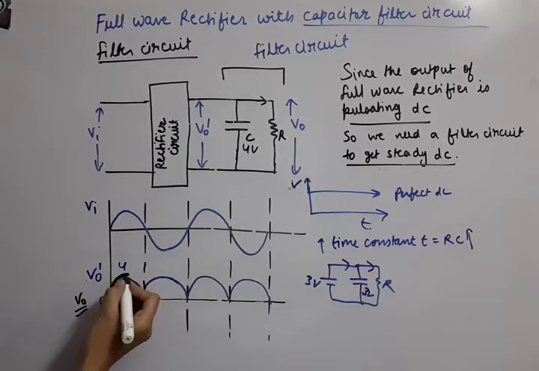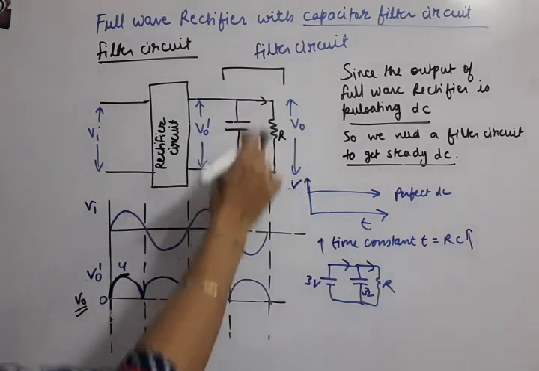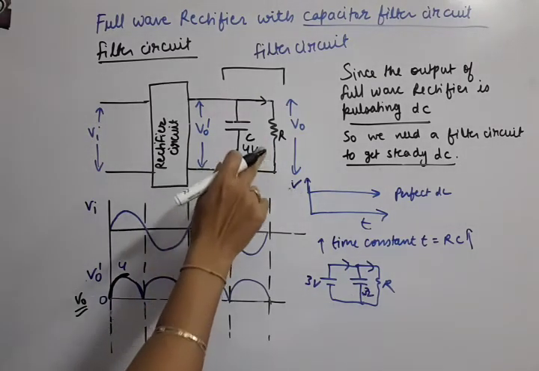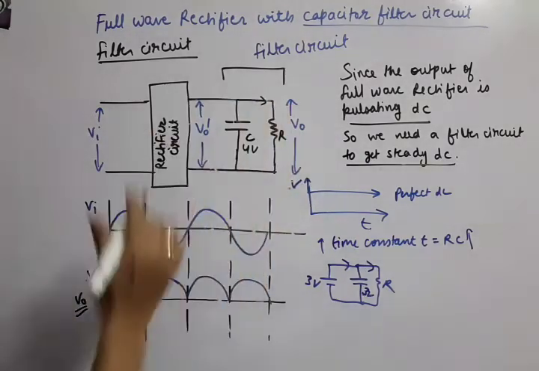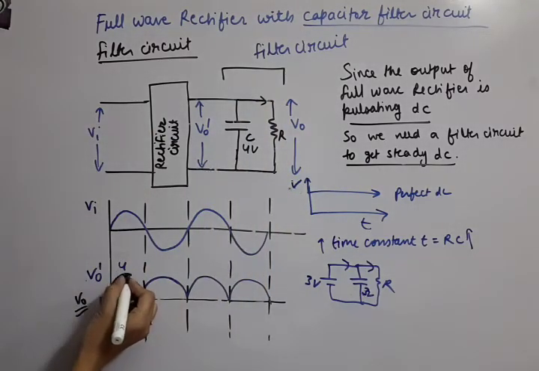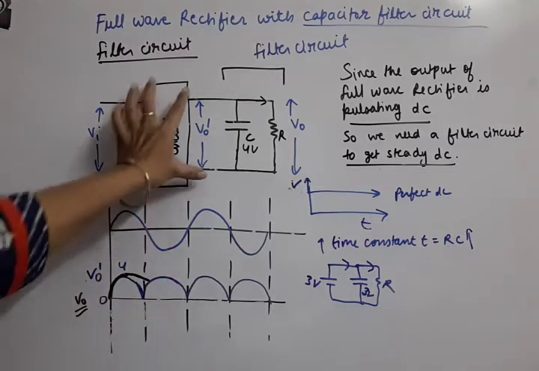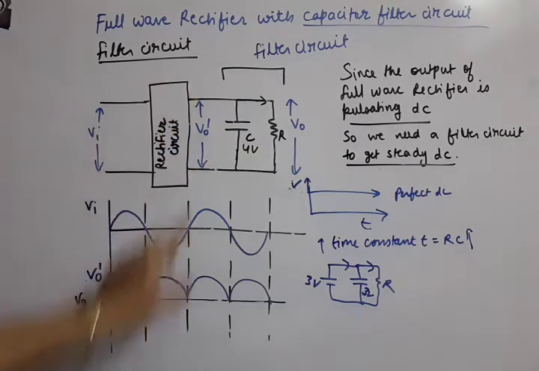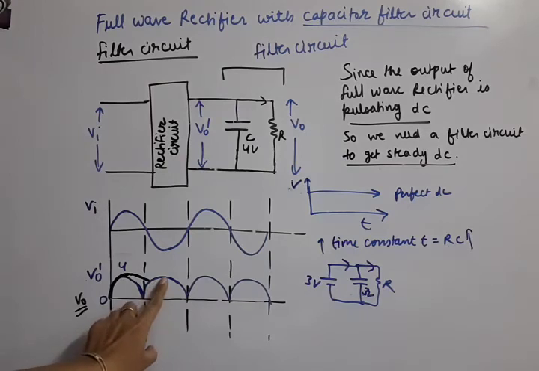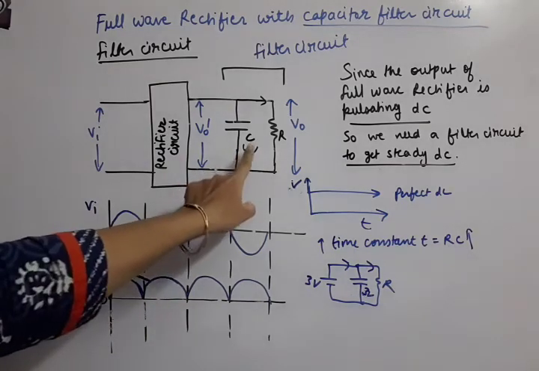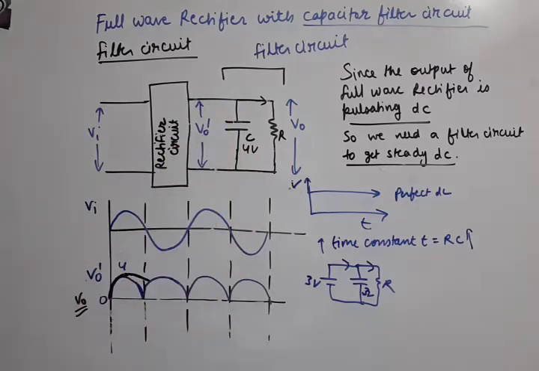So now what will happen? The capacitor will start discharging. So 4 volt to 3 volt, 2 volt it will come, and that only is the output voltage. So now it will get discharged this way. But you can see it will not come to 0 because its discharging is very slow. By the time it comes from 4 to 3 volt, suppose, it will get the next rising pulse from here. Okay, so VO will increase. So again the capacitor will get charged to 4 volt.